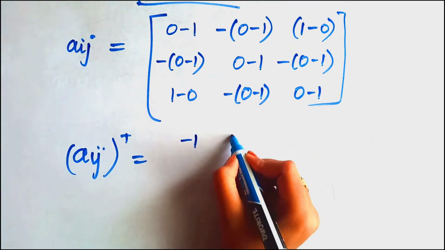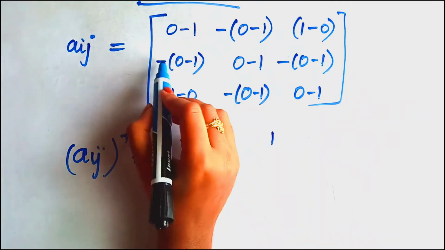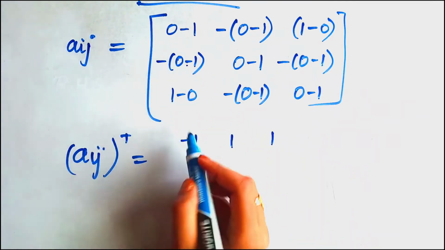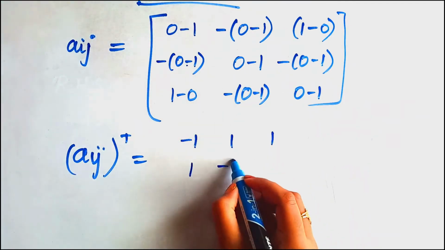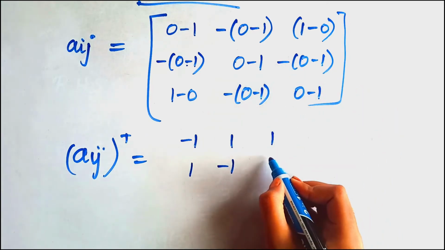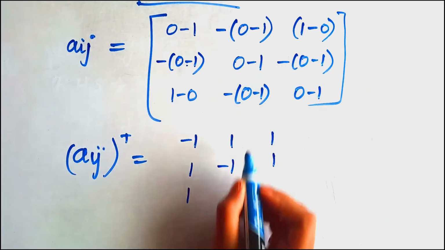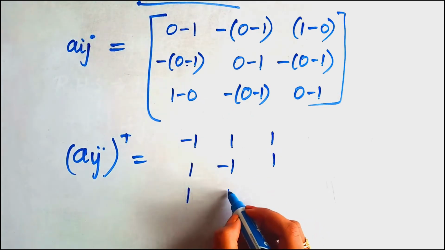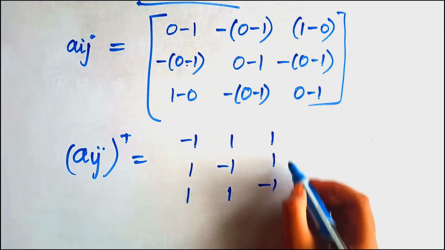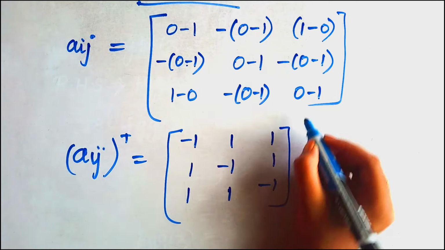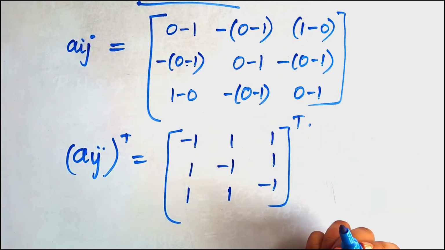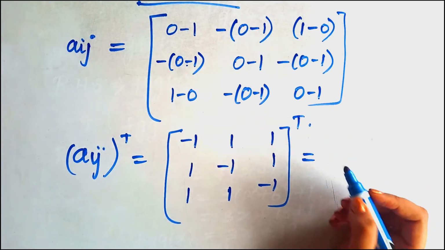minus 1 1 and 1 minus 0 1, and here minus into minus it will be plus, so that the answer is 1, and here a minus 1, and here again 1, and here it's a 1, and here minus into minus it will be plus, and we'll get a 1 here, and then finally minus 1, right? Now we have to take the transpose of this. So if we take a transpose, we'll get